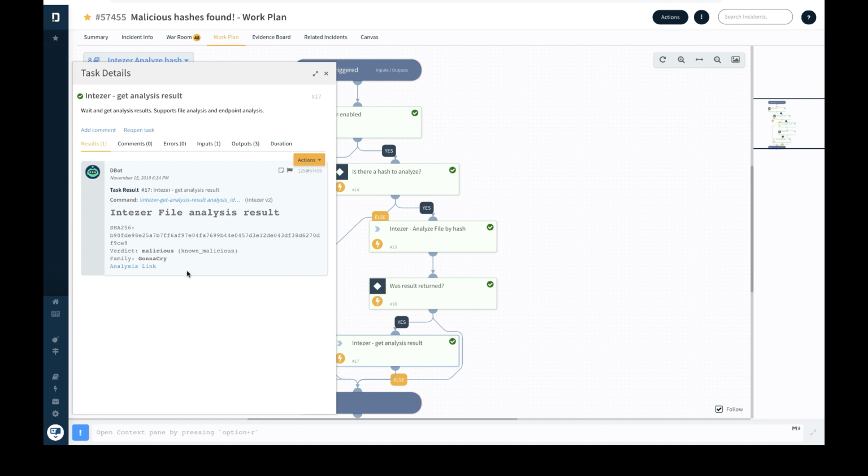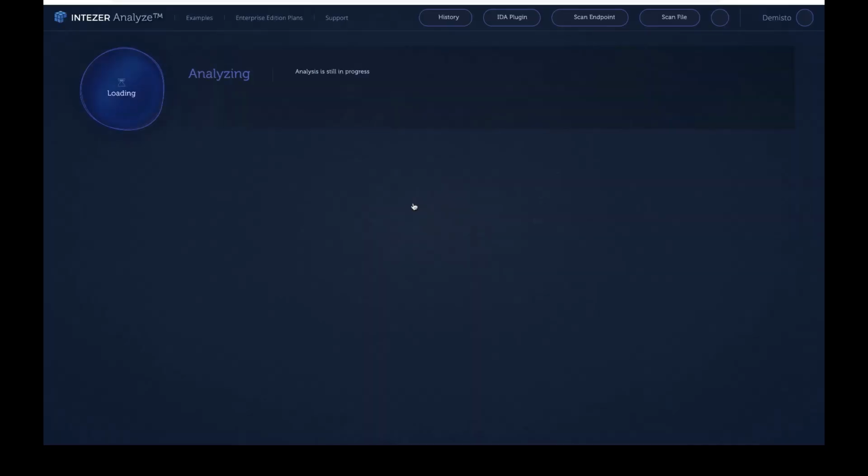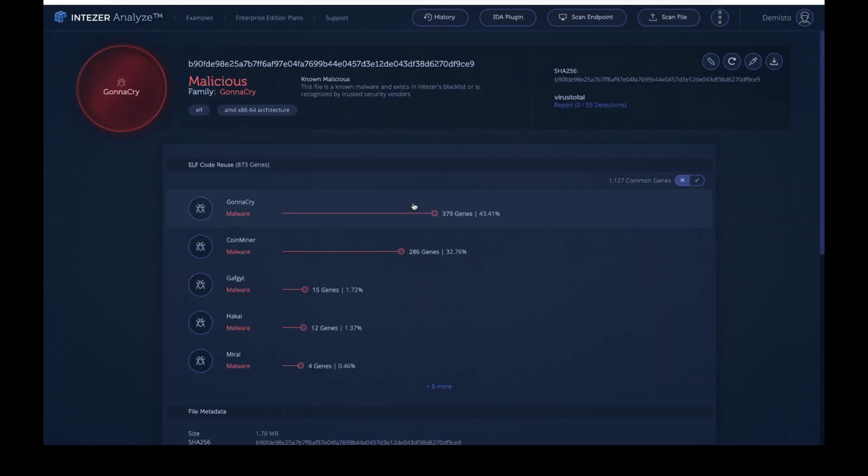So the verdict here is that this SHA-256 hash is malicious. It's actually known malicious and belongs to the family WannaCry. And as you see, there's also an analysis link, a hyperlink here. So let's go ahead and click on this link, which takes you directly to the Intezer console page, and where